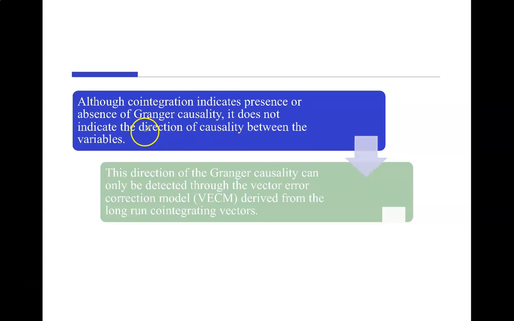That's where we need to test further. Right? You need to test further from the derivation of the long run co-integrating factors. All right, this is from Johansen series. If you test Engle-Granger, or if you test ARDL, then normally the extension will be ECM, error correction model. If you test Johansen series and found co-integration, then we proceed with